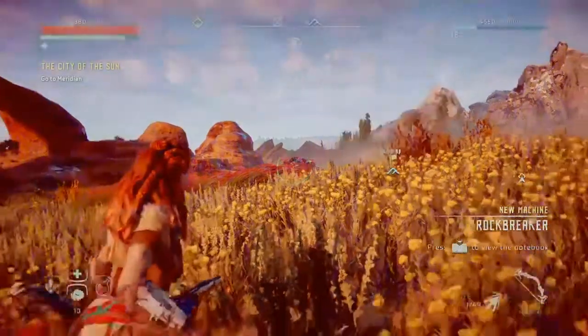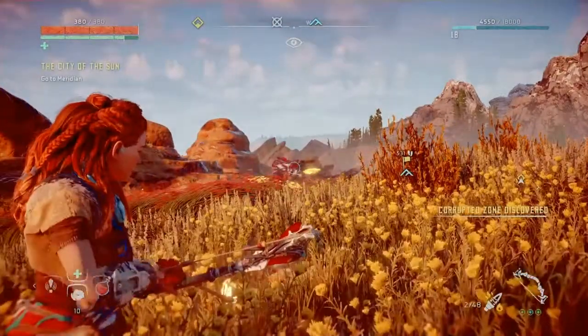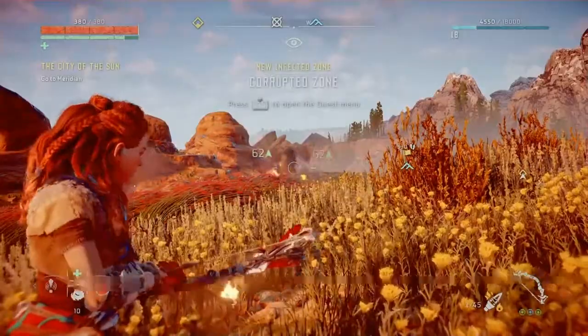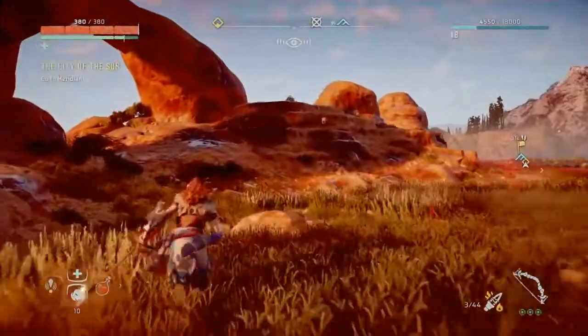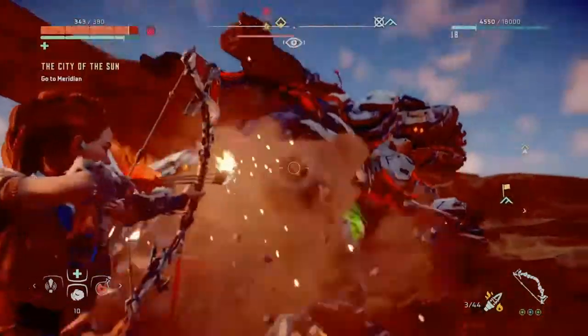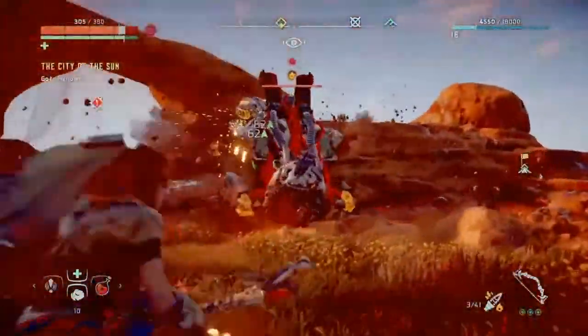Now unfortunately for me, I have stumbled into a corruption zone with 2 corrupted rock breakers. These are quite difficult to beat, these 2, because they tend to tunnel underground. So what we want to do is get ourselves somewhere high and rocky where they can't get to me. So let's see if we can't